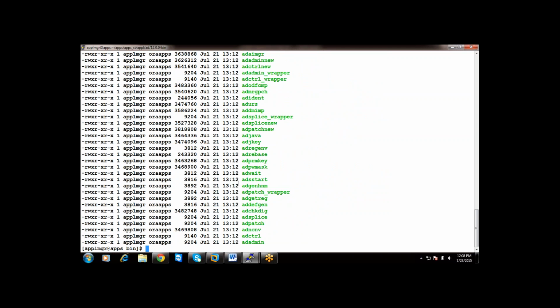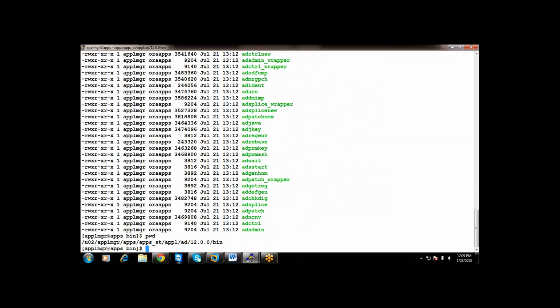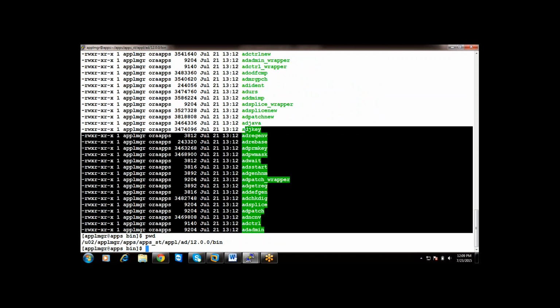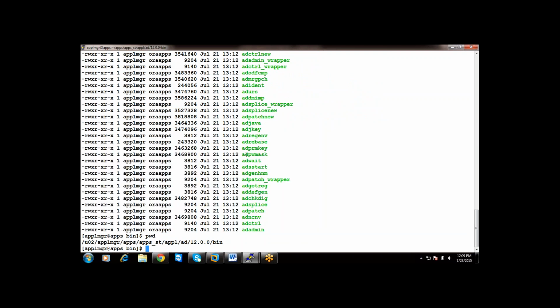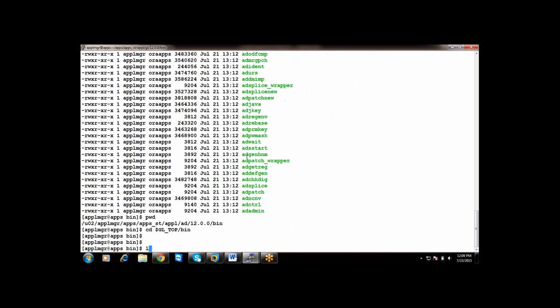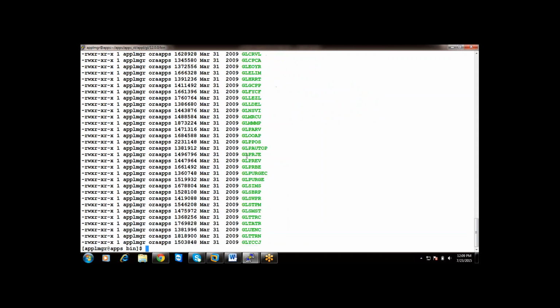With the help of AD relink, I can regenerate the executables under AD top. I am in AD top bin, so I can regenerate all these executables with the help of AD relink. Then what about other products? I'll take you to GL top slash bin. In this location also you have some executables, right?